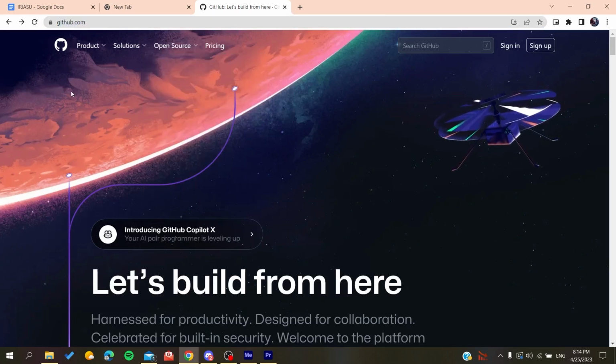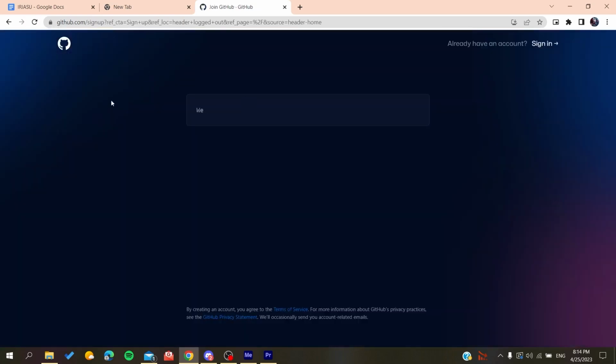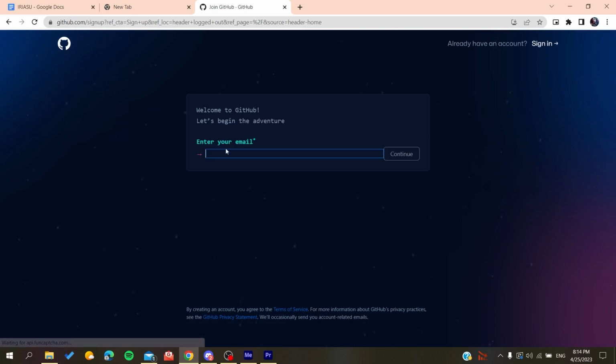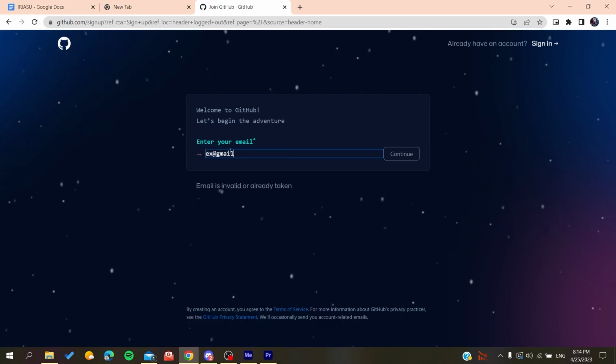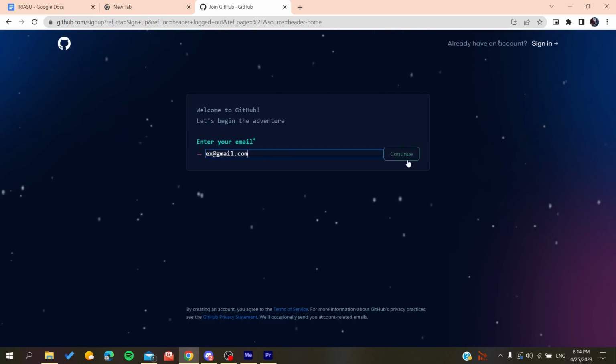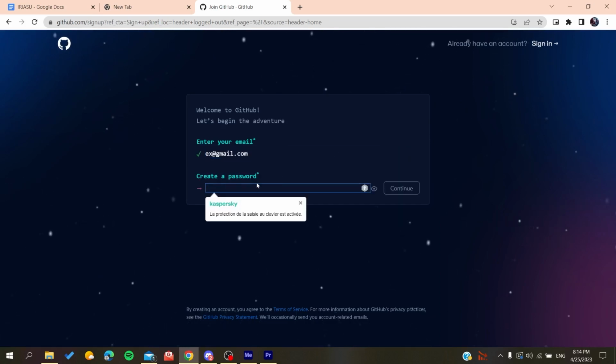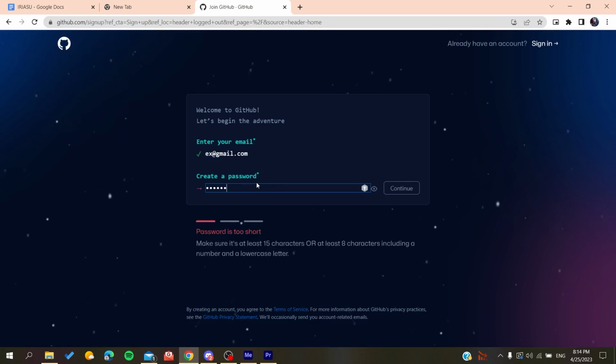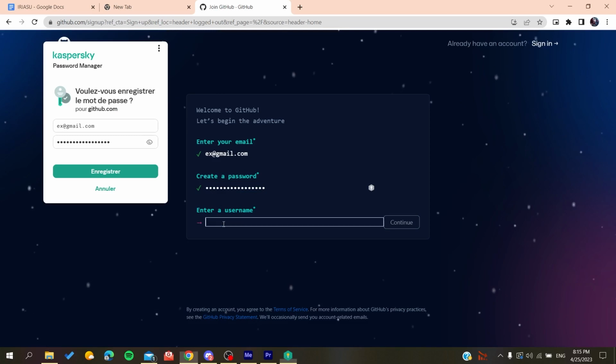And now we will need to create an account so we can use the GitHub services. So basically all we need to do is to click on sign up and then it will redirect us to the sign up page. And now you will need to add your email, gmail.com or any other email that you are using. You click on continue, you create a password. So if it was anything like that, you click on continue and then you will add a username, for example